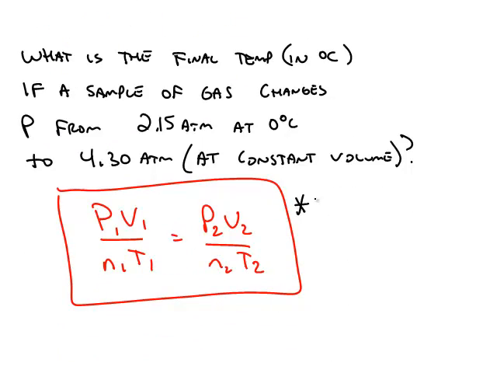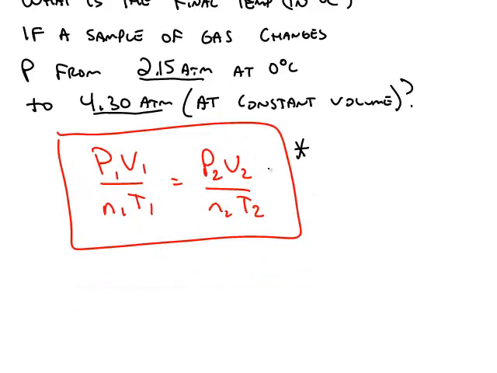So this version of the equation comes from PV equals nRT, but it's used when you're changing from one condition to a second condition. For example, what's the final temperature in Celsius if a sample of gas changes from 2.15 atmospheres to 4.3? The volume is constant,